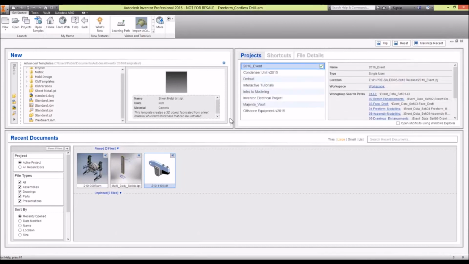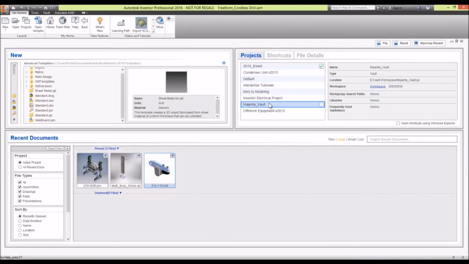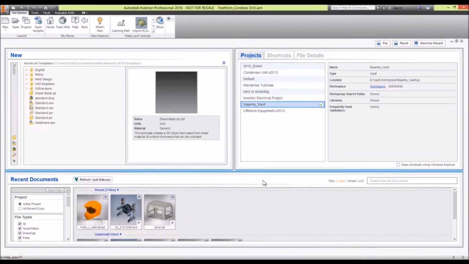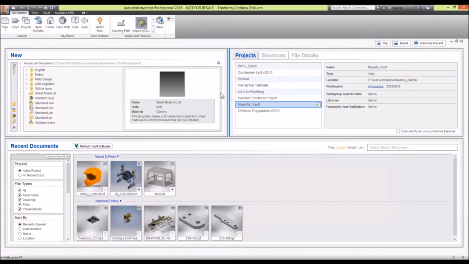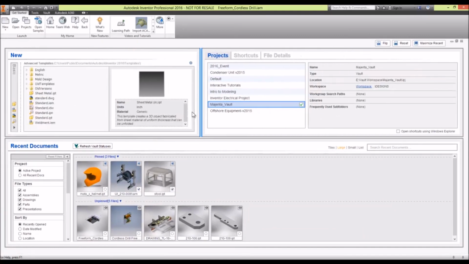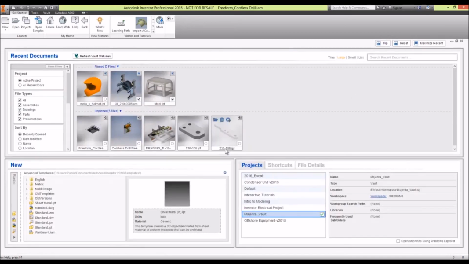So we can see we can toggle between different projects. That will change the recent documents. We can also rearrange these. So if I want to drag this down, if I never use recent documents, for example, I can drag that down completely. Or if I never ever want to see my new templates, I can shrink those down. So I can move the windows. We can flip them around. So if I click the little flip button, obviously